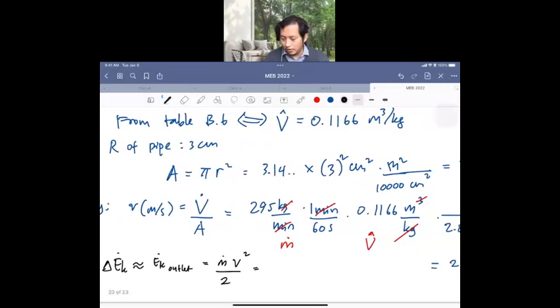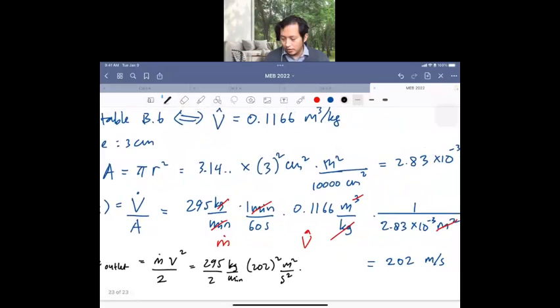So we are calculating 295 divided by 2 kilogram per minute, and then 202 squared meter squared per second squared,